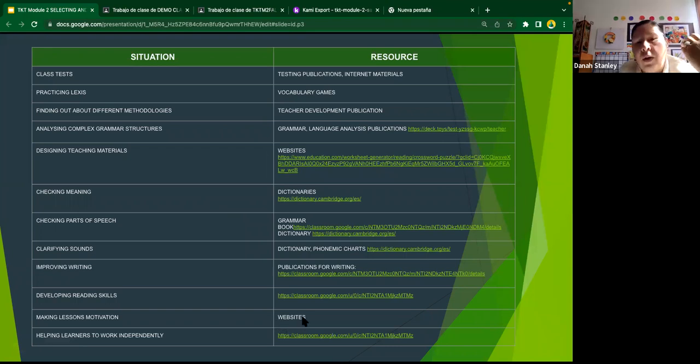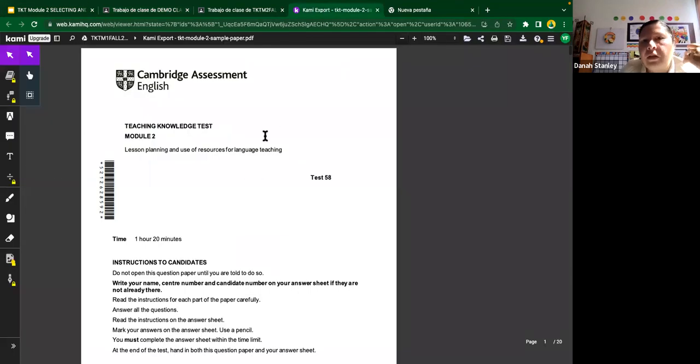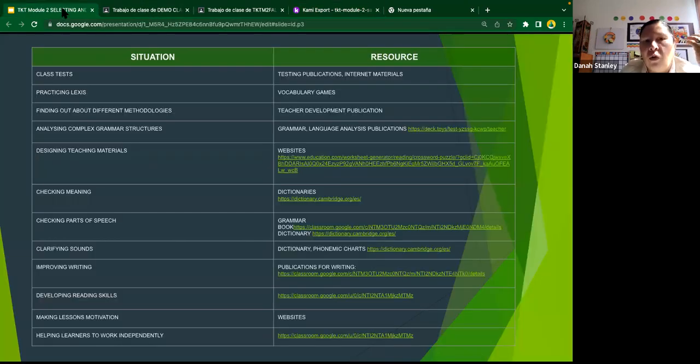Motivation with different websites. I don't know, maybe this Kami pues is different using this platform than using Acrobat Reader. No, they have more tools. Or these deck toys, or using Nearpod, or using Edmodo that I know you use, or other kind of websites. No, also you can gamify. I don't remember the